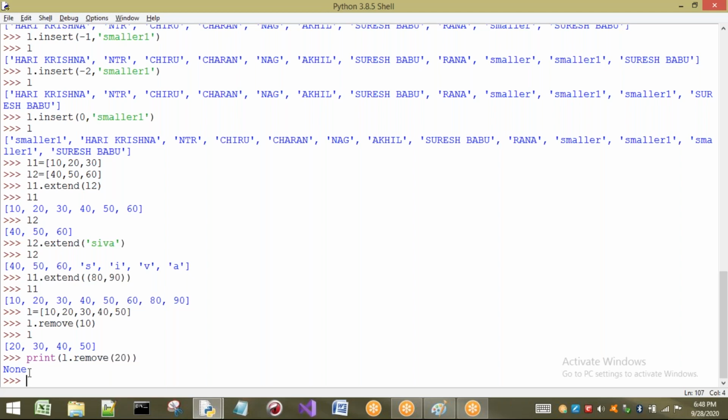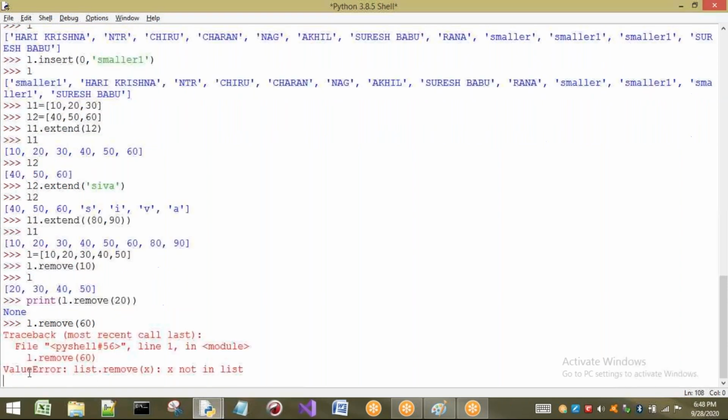Now, if I pass an element which is not present in the list, for example 60, see what happens. It will check for the 60 element. It is not present, so automatically it will say ValueError: x not in list. The element you are searching for is not in the list. Okay, this is one case.